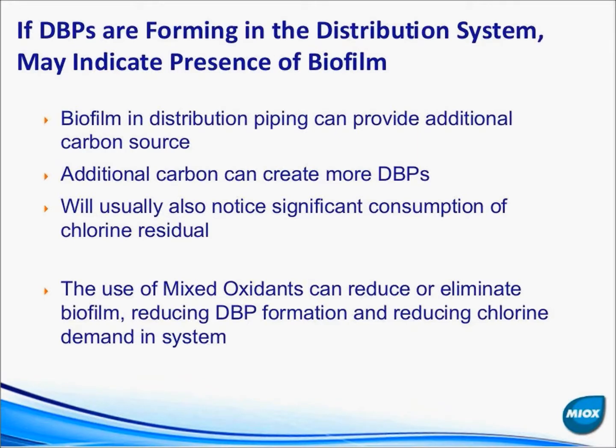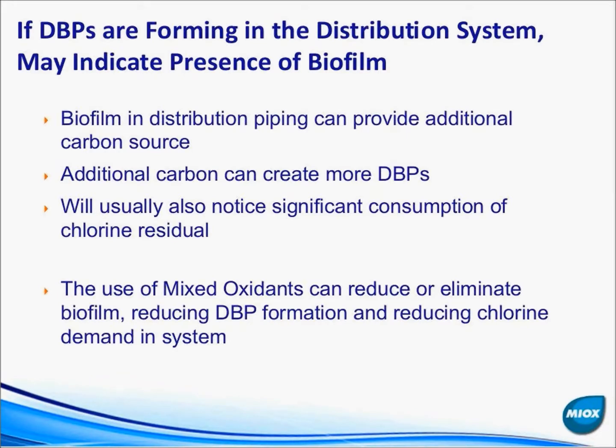A great example is if you are putting, let's say, a couple parts per million in just prior to the distribution system or just prior to the clear well, and then you start looking at your sampling points in your distribution system, and really almost an ideal indicator that this is a potential issue is if your sample point close to the plant sees a concentration of 1.8 parts per million, and the further and further away you get from the plant, you see a continuous reduction in that chlorine to maybe even 0.2 or 0.3 parts per million out at the end of your distribution system, and at the same time you're seeing disinfection byproduct formation occurring, that's a really good indication that biofilm exists in your system,